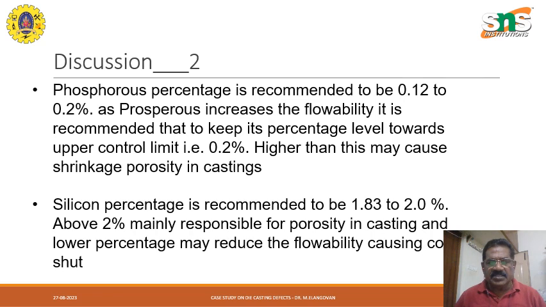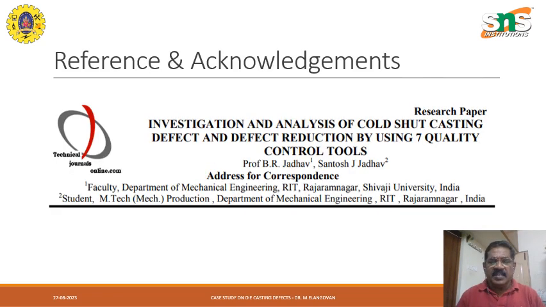The silicon percentage was recommended to be 1.83 to 2%. About 2% is mainly responsible for porosity in the casting, and a lower percentage may reduce the flowability and cause cold shut. Okay, so this discussion has come out, and then they have studied these things, and then they try to eliminate